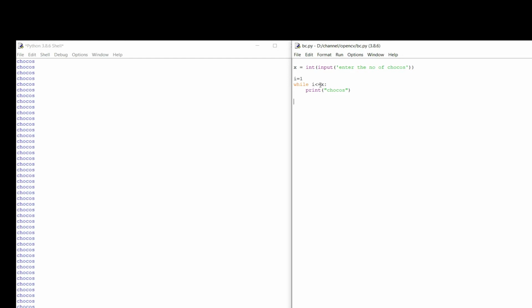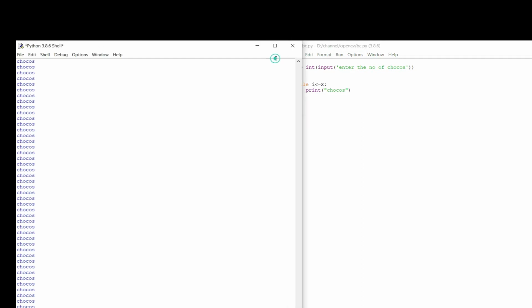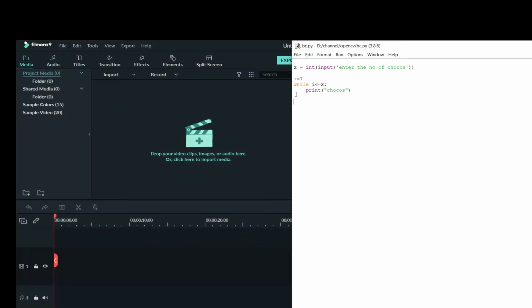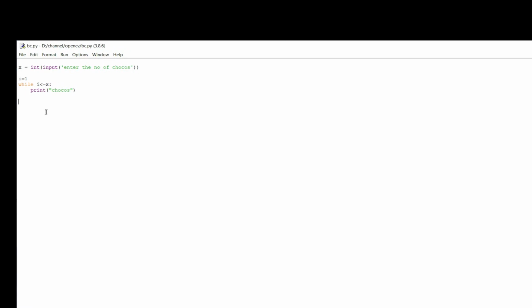So for this one, I'll use something called break and continue. For that, I'm going to use a set of things which are going to validate our code.